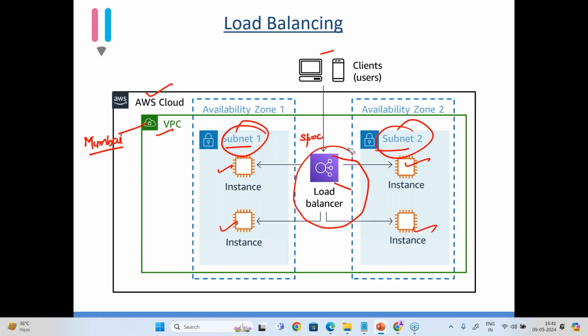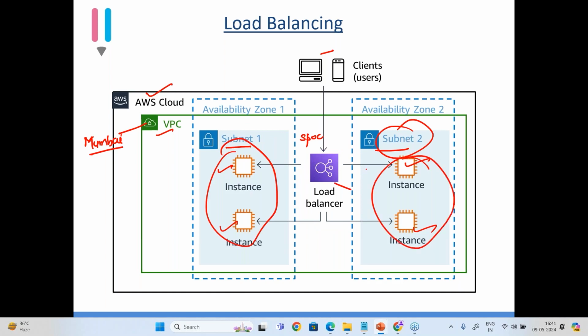So overall, the judgment is, no matter where you want to keep your server, you are allowed to keep it in a public subnet. If you want to secure your server, you are allowed to put it in a private subnet. Perfectly fine. But who is taking a request from the public? When you type www.facebook.com from the internet, this request is going to be received by the load balancer. Now, when this load balancer is taking a request, it should be in a public subnet. Fine. This is what you have to keep in mind.